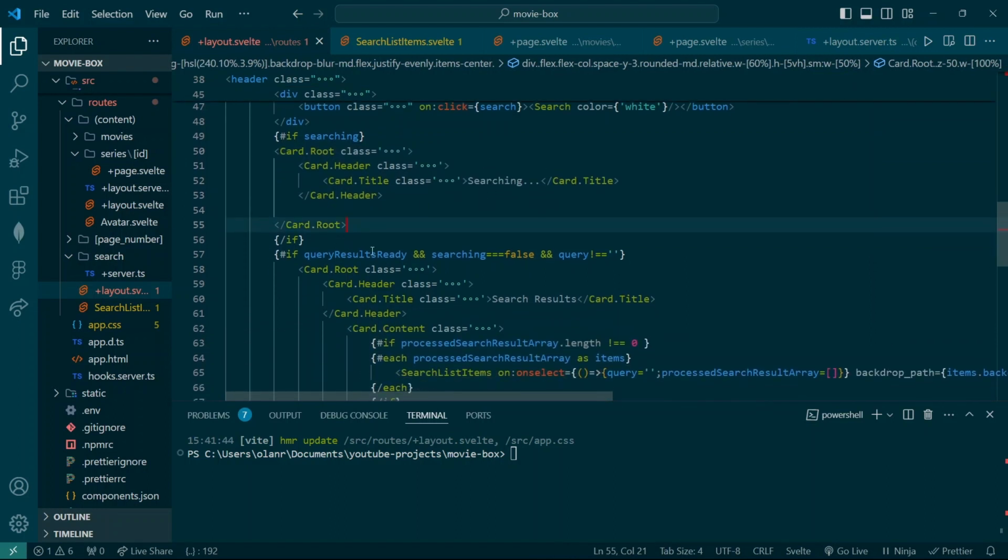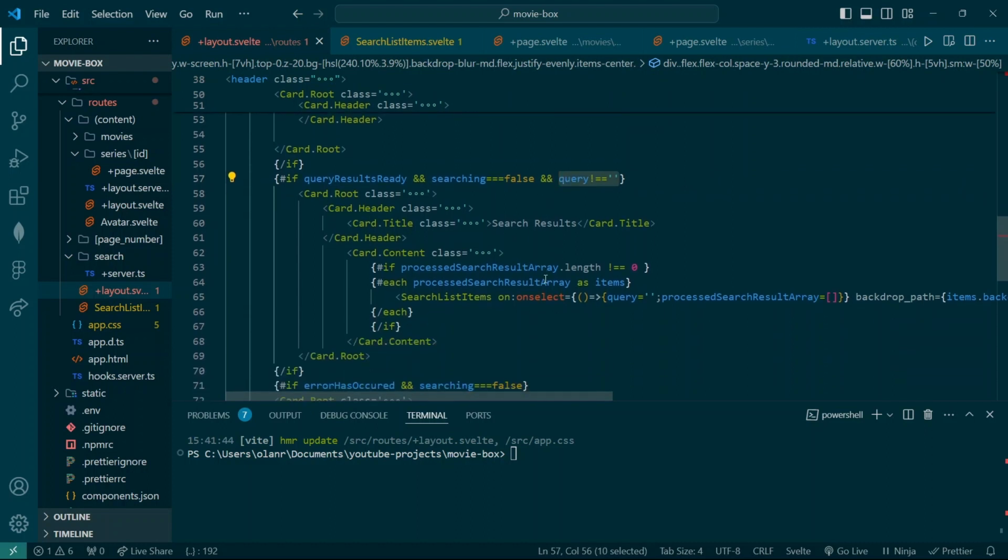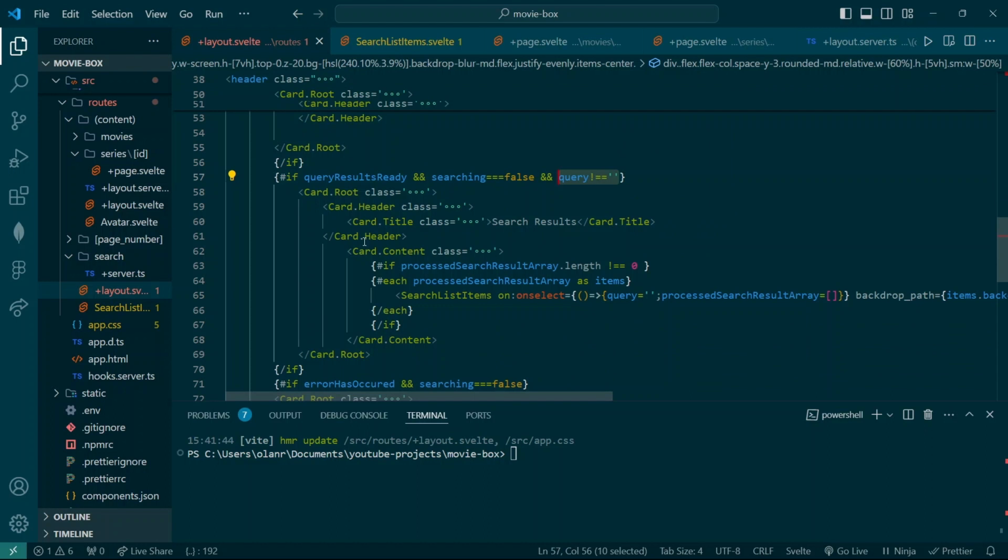If the query results are ready and searching is equal to false, and the query is not an empty string, we want to actually map out what we've gotten as our results, because the results are ready, the search has been completed, searching is false, and the query string is also not empty. So the user has actually typed something. There's still something in the input box. And we're going to be creating